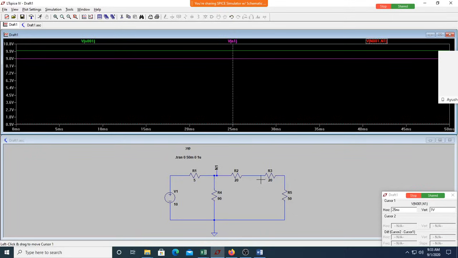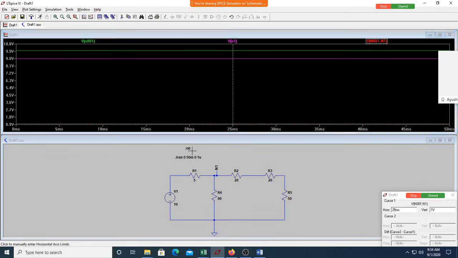So how do we write it? Shall I replace this by a 9 volt battery now? Ideally, you can, correct? Because this is 9 volt, which is equal to this drop plus this drop plus this drop. Am I correct? So can you write the equation? All of you write the equation. I4 into R4 is equal to, let us consider this entire current as I2, I2 into R2 plus I2 into R3 plus I2 into R5. All of you write it.